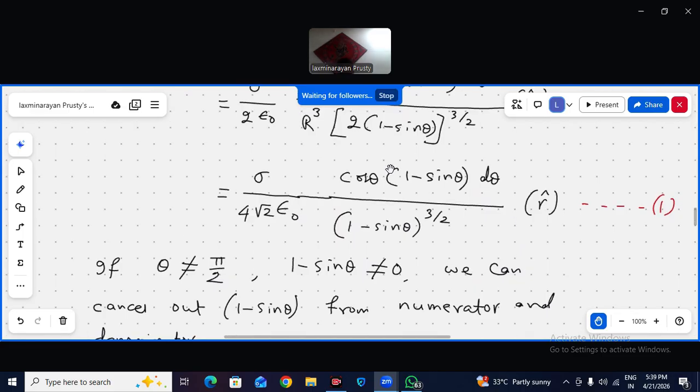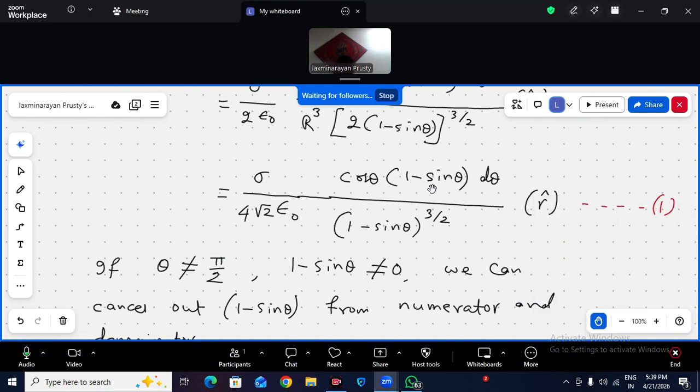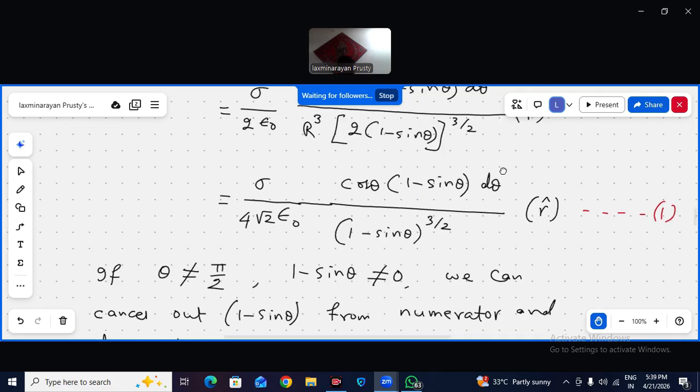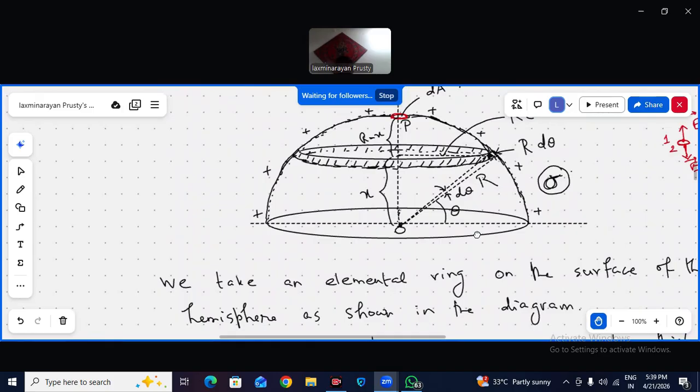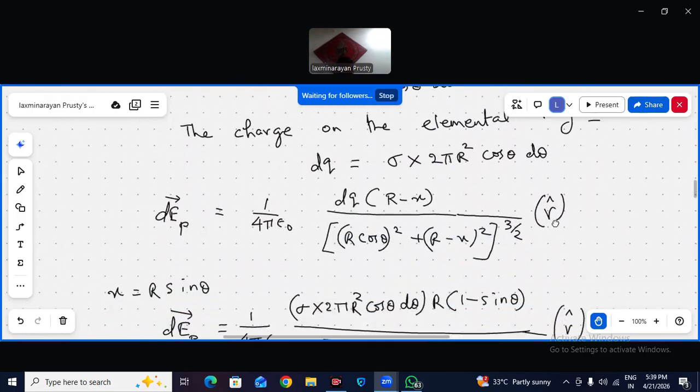हाँ अगेन, अभी क्रिटिकल पॉइंट आएगा। हम बोलेंगे भाई, 1 माइनस साइन थीटा न्यूमरेटर डिनोमिनेटर से कैंसिल करेंगे। भाई तभी कैंसिल करेंगे जब 1 माइनस साइन थीटा इज नॉट इक्वल टू 0 और थीटा इज नॉट इक्वल टू पाई बाई 2। ऐसे तो एक छोटा सा एरिया निकाल देना, थीटा को हम पाई बाई 2 तक तो नहीं ले सकते हैं। जो भी जाएगा उसका बाउंड्री ऑफ द डीए तक वो पाई बाई 2 तो नहीं होगा, टेंडिंग टू पाई बाई 2 बट नॉट इक्वल टू पाई बाई 2।